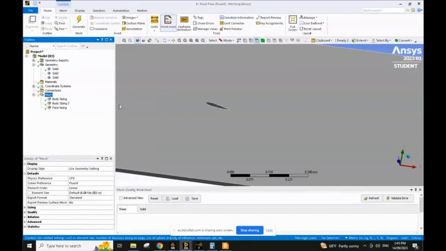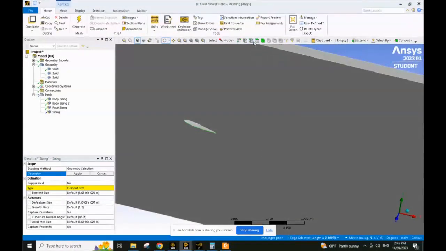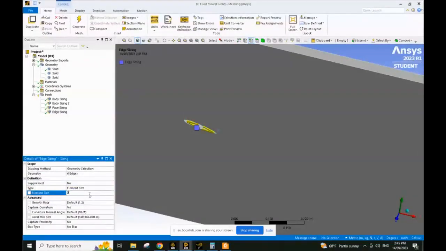Okay, and one more sizing. Now we will do the sizing of the aerofoil. For the sizing of the aerofoil, of the wing actually, let's select all of them, and this one. All right, hit apply and then put a value of